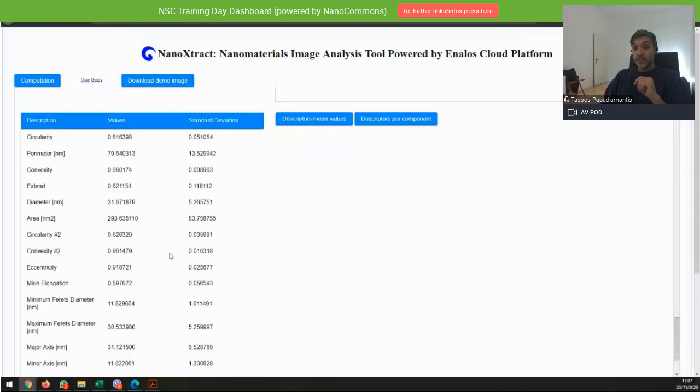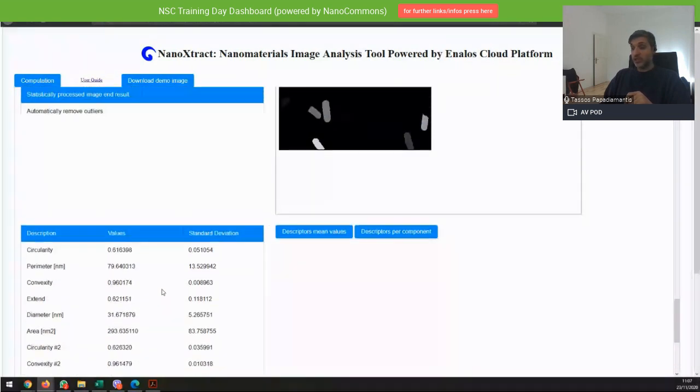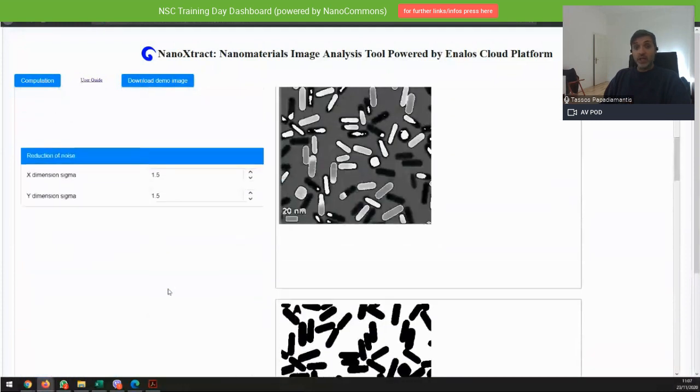In this case, what I would like to advise you to use, in most cases, is these values here. The major and the minor axis is more or less going to be the length and the diameter of the nanomaterial, and the maximum and minimum for its diameter. That will give you more or less the same. So now let's go and see how we can fix this image.